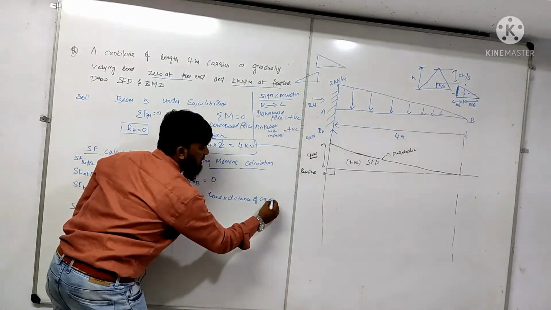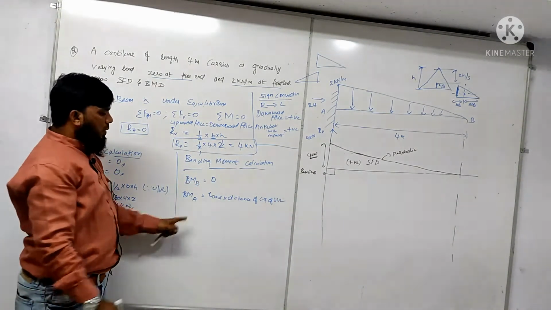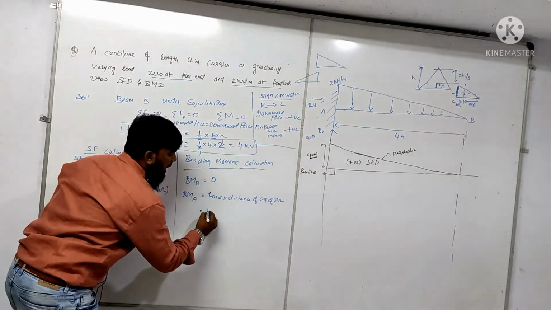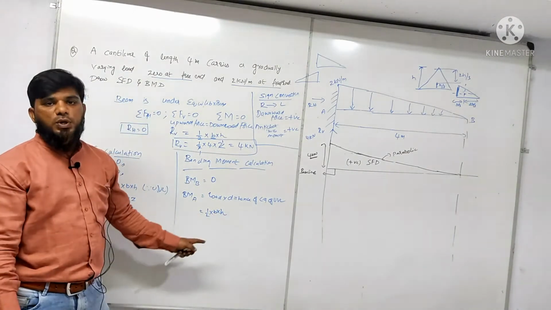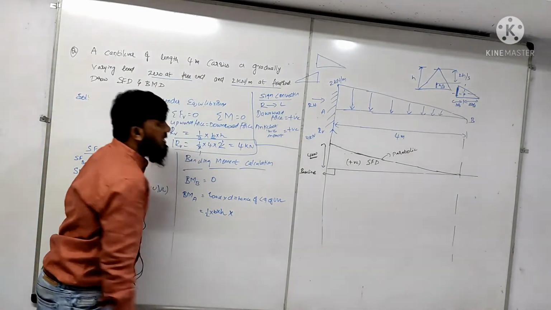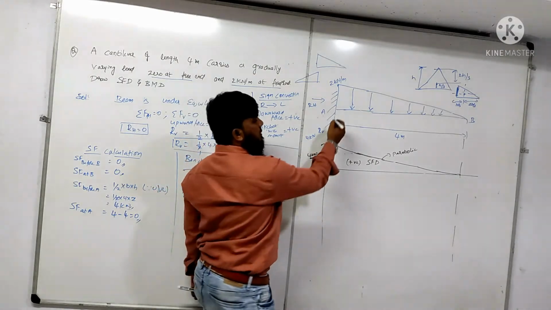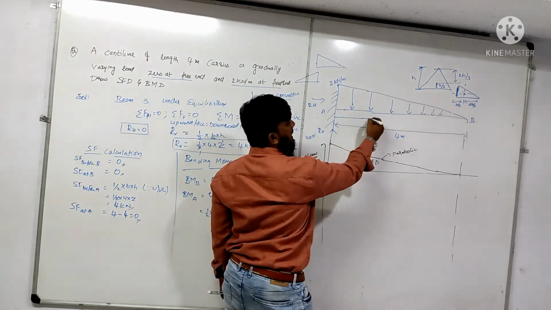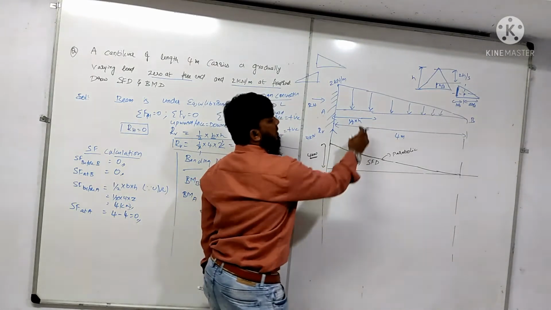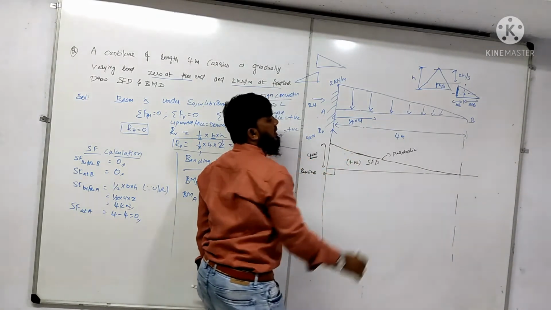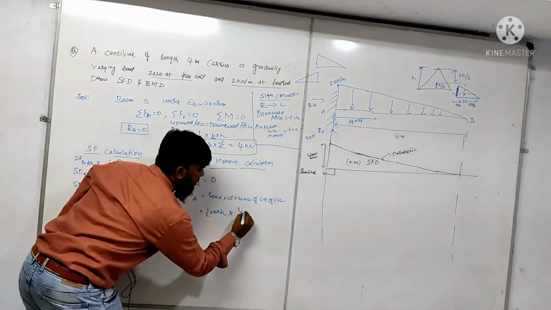Now, bending moment at point A is equal to load into distance of CG of UVL. Let us take what is the load here? Half into base into height, into CG. The total is 4. What is the distance from here? We are having 1 by third of 4, that is 1 by 3 into 4, 1/3 length of 4. That is 4 divided by 3.